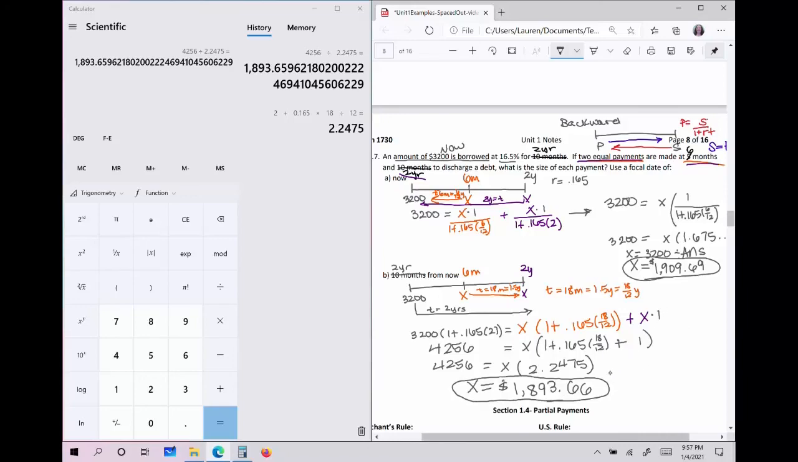So again, comparing these like we saw before, they are pretty close, but here they're almost $15, almost $20 difference. So again, there is a difference in using the focal dates, and your problem will be very specific as to when to use the focal date in these type of problems. In the next section, in section 1.4, we look at doing them with specific ways to make partial payments. So paying as you go, and then how that affects your mortgage or other